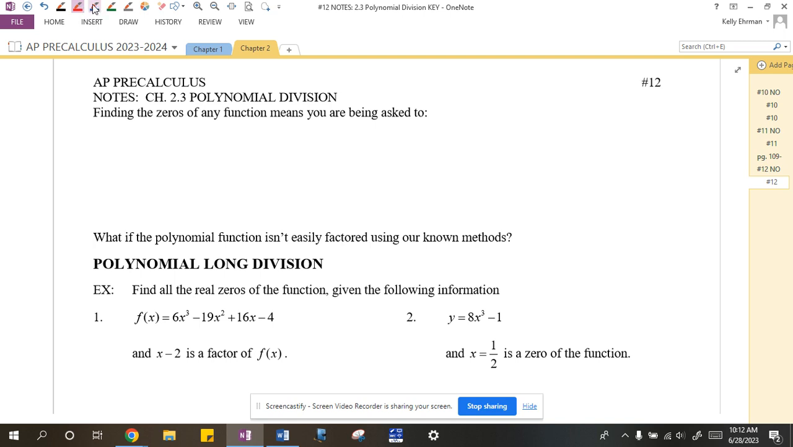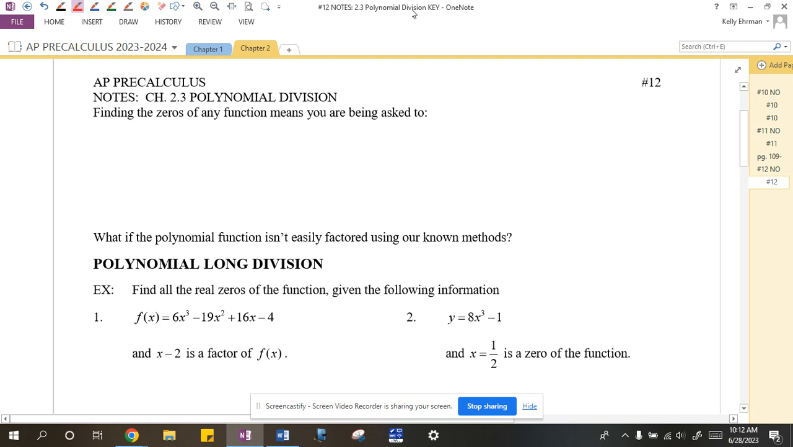All right, today we start chapter 2.3, which is all about polynomial division. We use polynomial division when we're trying to find zeros of any function or if we're just trying to get a function factored out further. So just a reminder, we've been talking about this quite a bit, but finding zeros of any function, whether it's